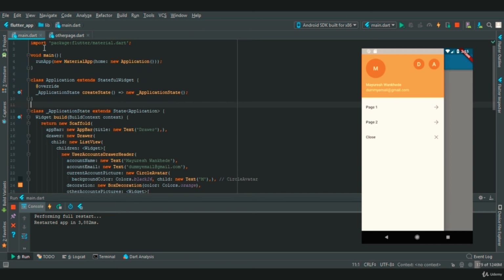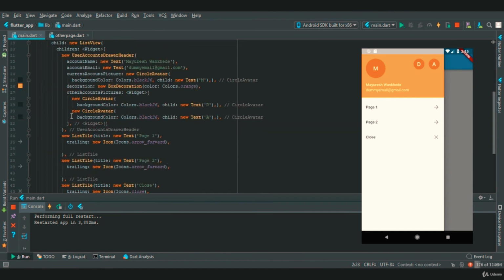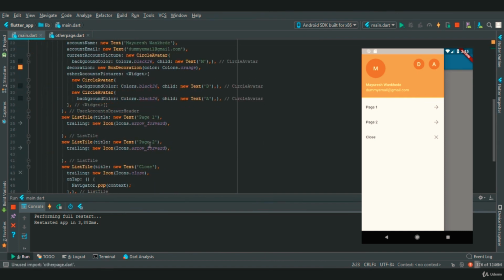Now in the main.dart file we need to import the other file, so we will say import other_page.dart, and where it says page 1 and page 2 we are going to perform the onTap operation, so we will say onTap, new. It takes a function, sorry, so we will provide a function. Now this arrow is called an inline function, and it is also called a fat arrow.